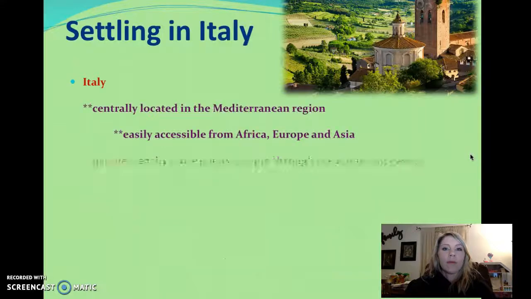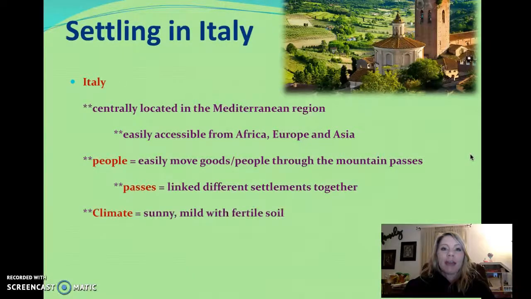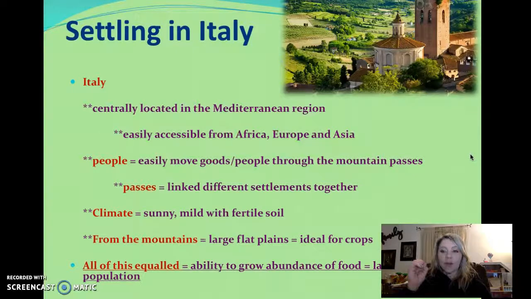Before that activity, we were looking at the area of Italy, and how little old Rome could grow this much. We said that Italy is a country located in Europe. It was really easy to identify because of its shape. It looks like a woman's high-heeled boot. We know that they have a really nice climate and a hilly location. In that upper picture, we're looking at current-day Rome. All of this comes together so they can grow food, their population can grow easily, they're able to travel, and the mountains protect them. They have enough water that they can trade and move easily.